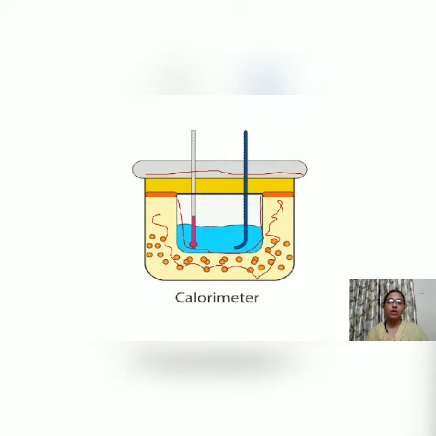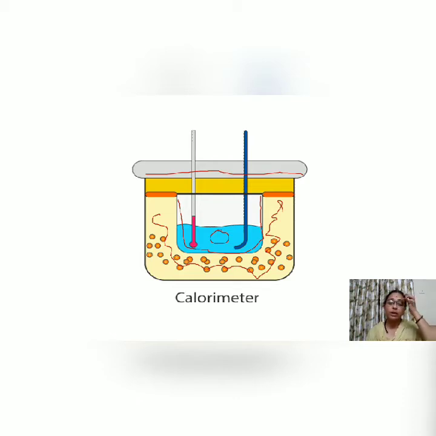This is a stirrer. Whatever heated thing you have to add inside, either a metal piece or an iron ball, keep it inside. This iron ball is heated to 100 degrees Celsius and put inside the water. The water already has some temperature. As you put the heated iron sphere inside, what will happen? Heat will be lost from the iron ball and gained by the water. You will find an increase in the temperature of the water, and that increase is the heat lost by the iron ball into the water.